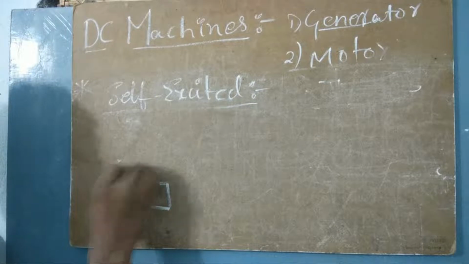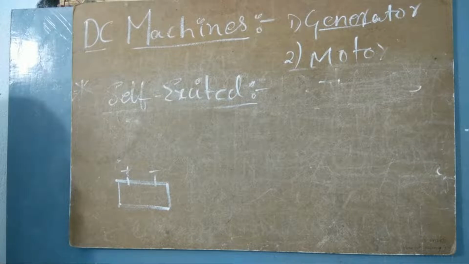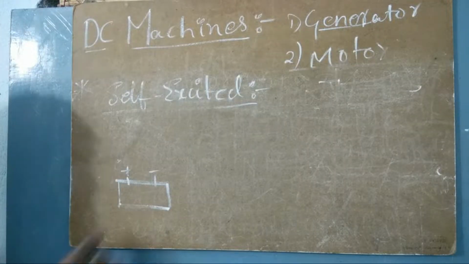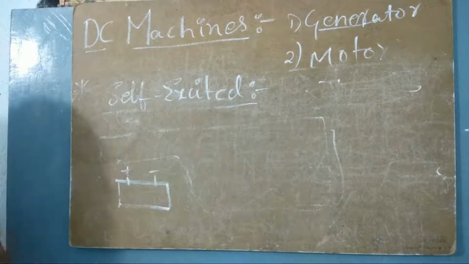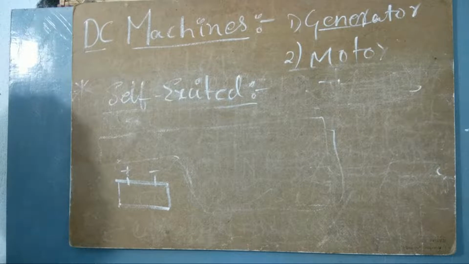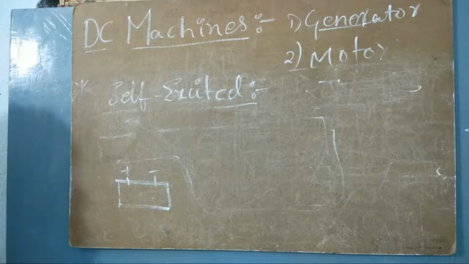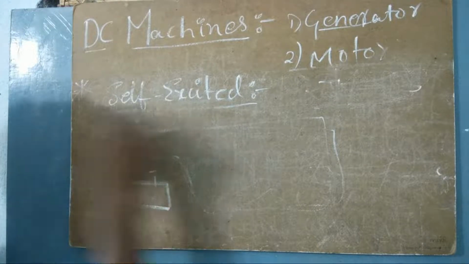There will be a positive terminal and a negative terminal. Have you ever seen this battery, whatever the company of the battery is? Have you ever seen this battery with a big and huge generator? Because if there is a generator, there will be a battery. For what purpose is this battery serving? How is this battery serving? This battery is serving for this excitation.